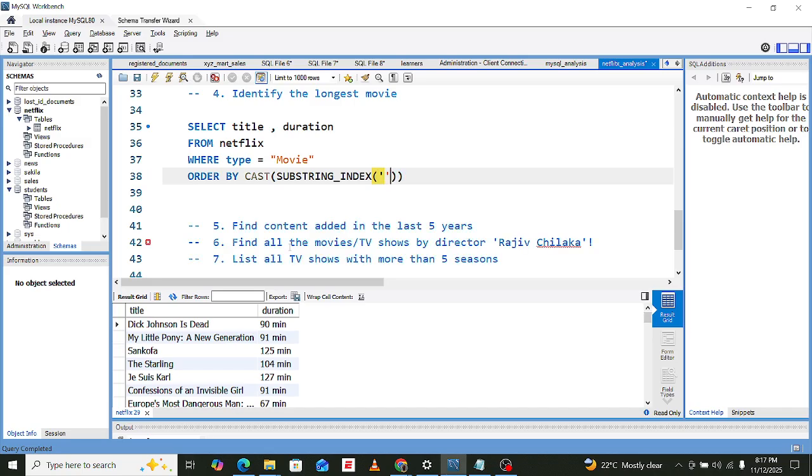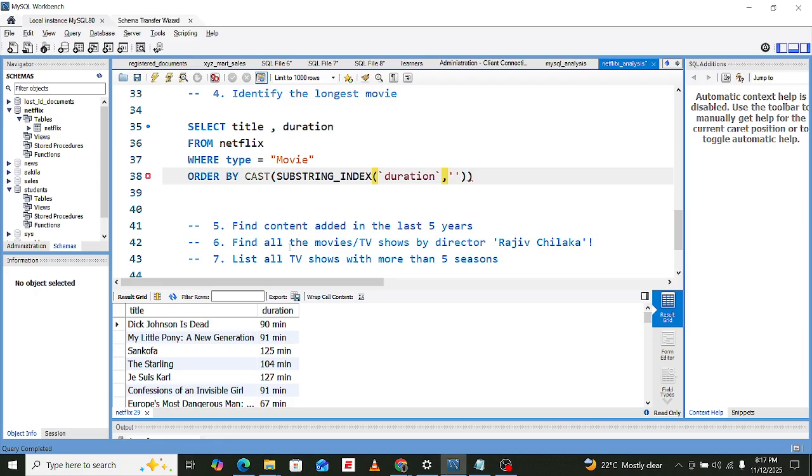We are now going to specify, here we use the backticks, that we are focused on the duration column, and after the duration we have a comma. This one usually takes three parameters.